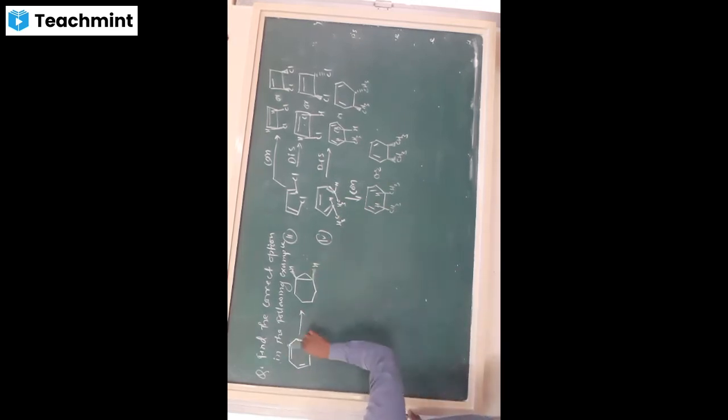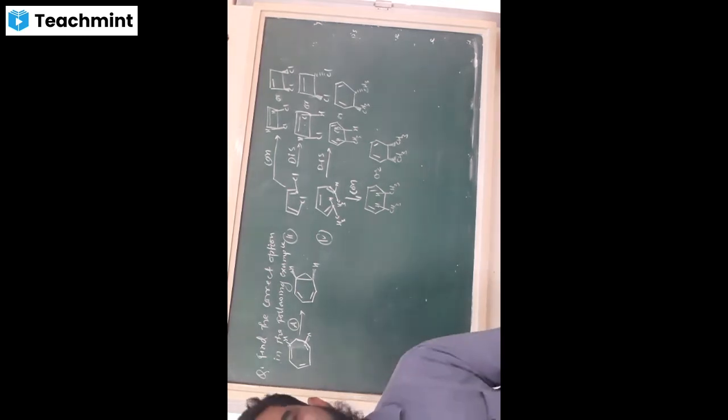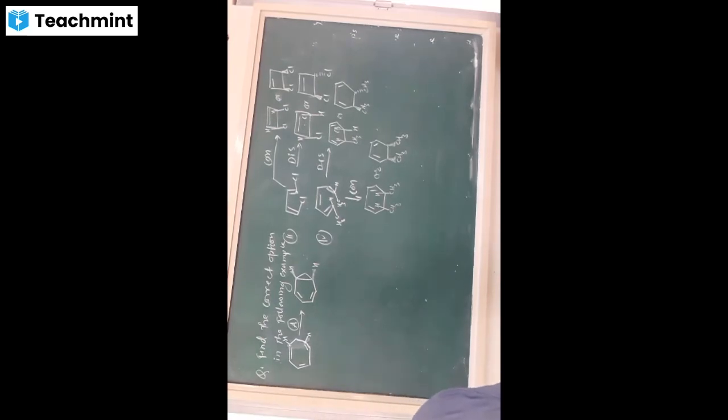So you have to see that here there is the termini of unsaturation, formation of this sigma bond over here, and these two pi bonds are shifted. So here you have to find the type of rotation that takes place in this reaction. So what kind of rotation takes place in this reaction? Is it conrotation or disrotation? Reactant and products are given. Stereochemistry is also there for reactant and product.